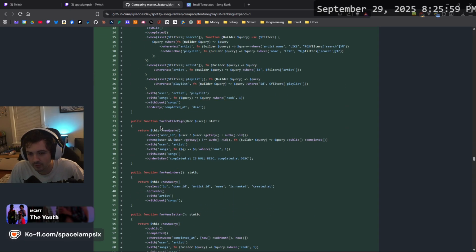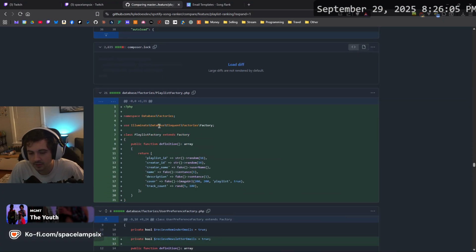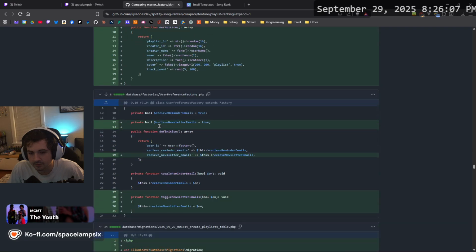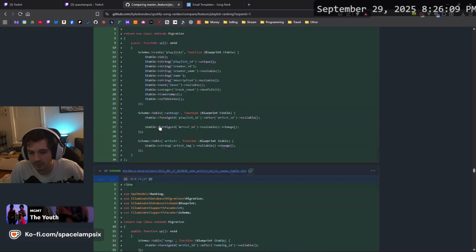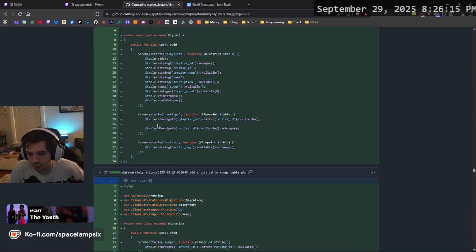Here's the query builder I built out. That looks good. Pest updated. We have factories updated. We have the migration, so we made a playlist table. We added the playlist ID to the rankings table and made the artist ID nullable.